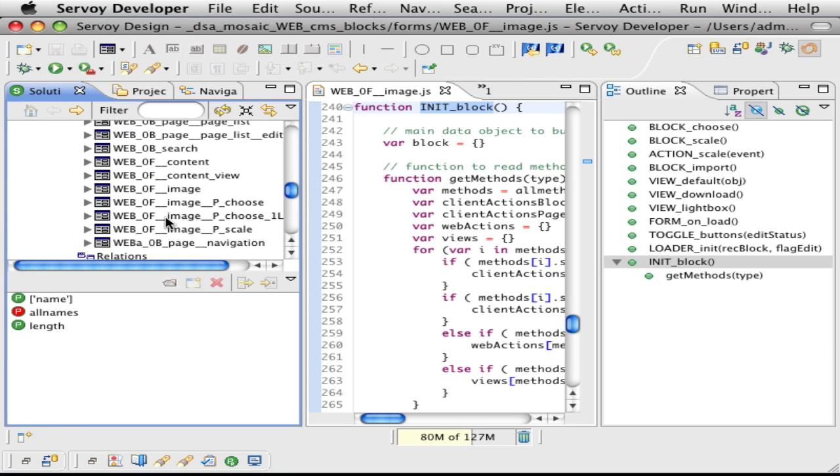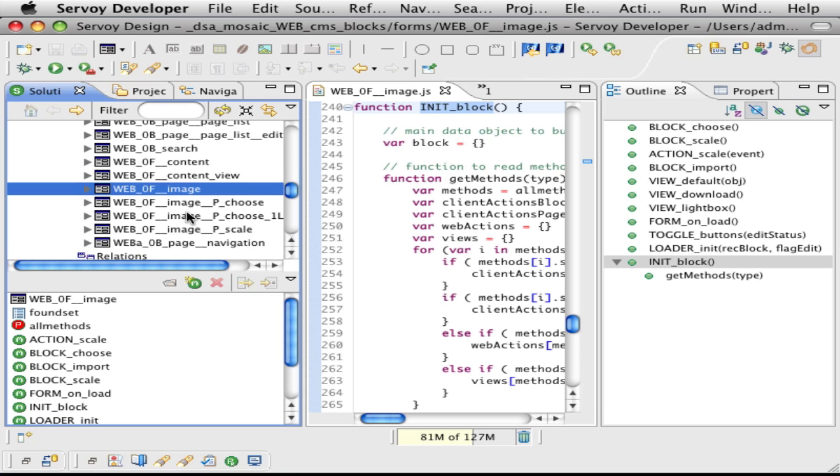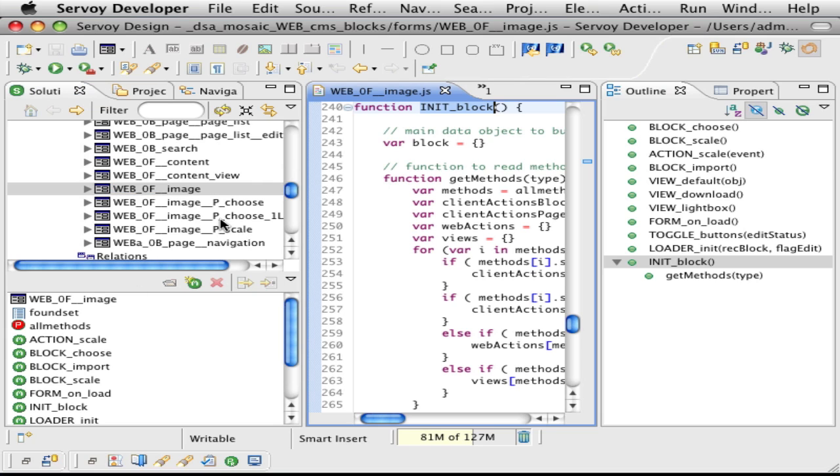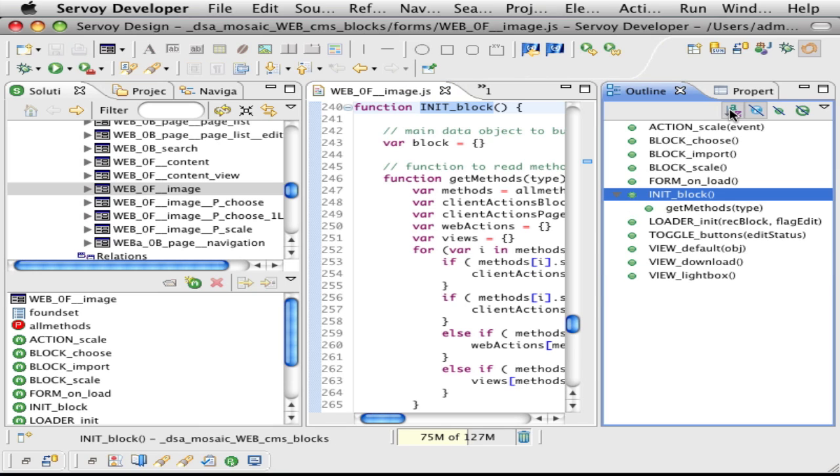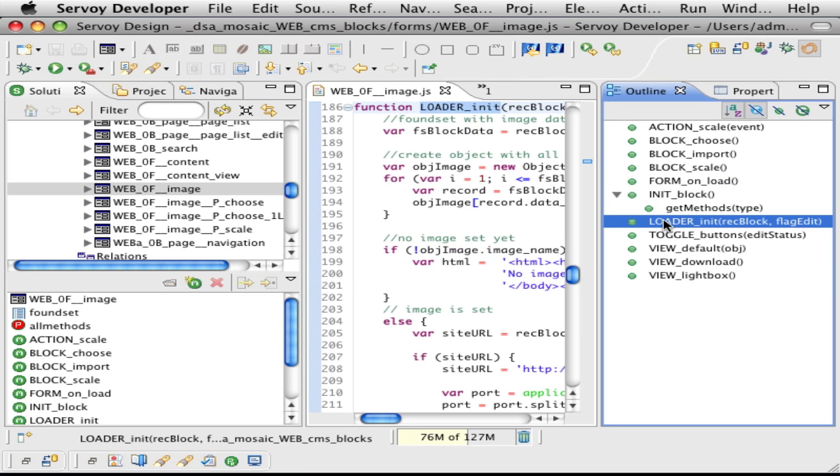And let's go ahead and say, hey, there's an image. Go ahead and do it this way. Here are all of your methods for the block image. You know, all that scale, that import, all that stuff, are all live on that one definition. There's also, though, an initialize and a loader that we've added for version 2 so that you can go up